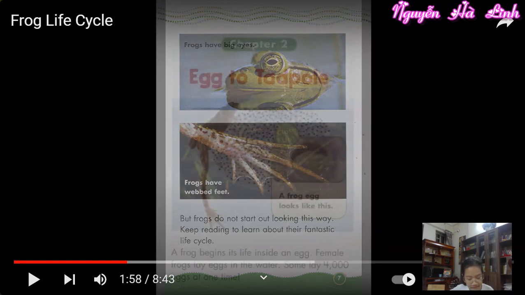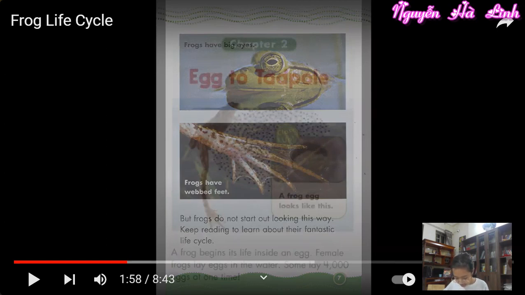Frog part, skin, eye, nose, teeth, ear, foot. Here is a picture of a frog. Its eyes are on top of its head. It helps the frog see above water. Its feet are wet. This helps the frog to swim. Frogs have big eyes. Frogs have wet feet. But frogs do not start out looking this way. Keep reading to learn about their